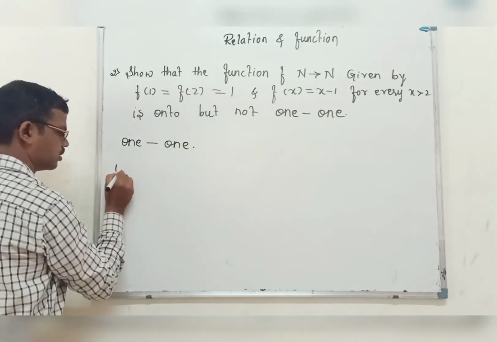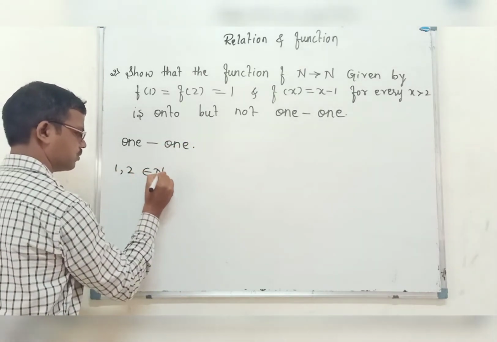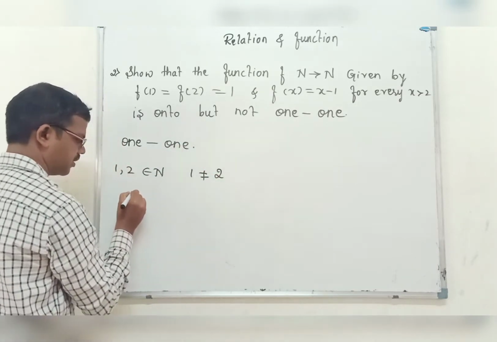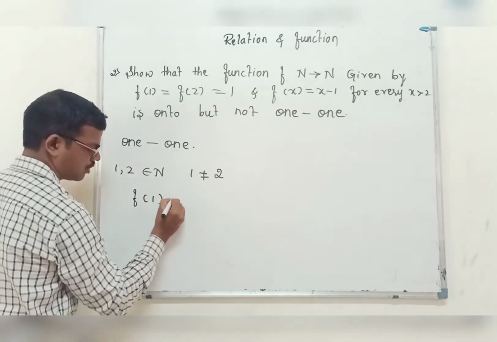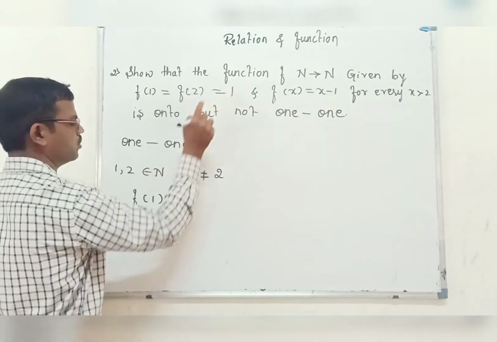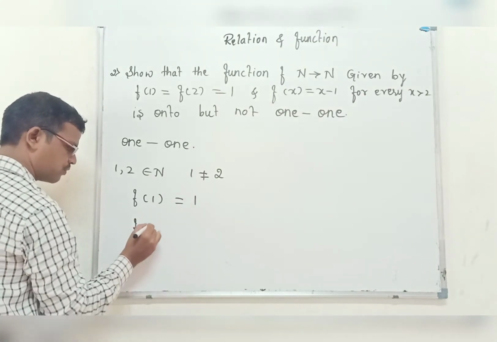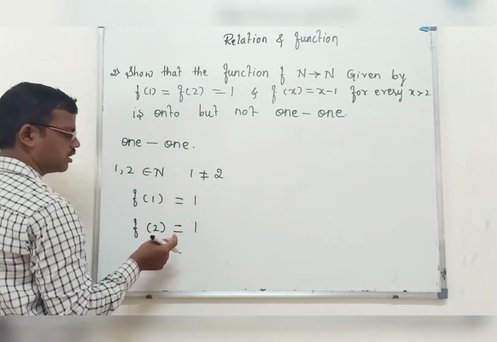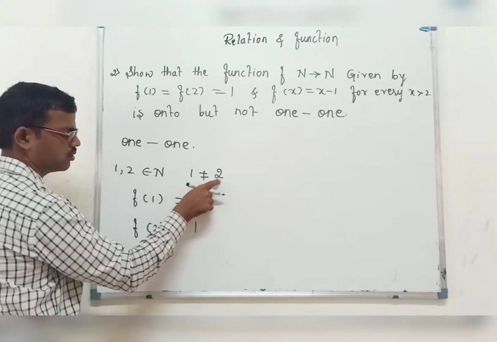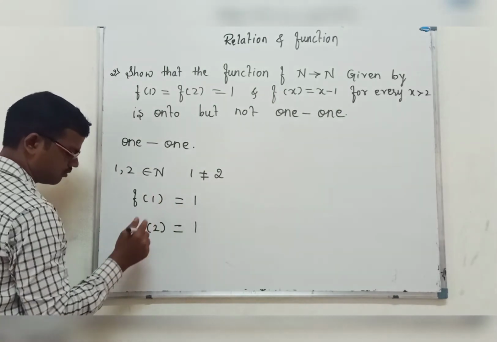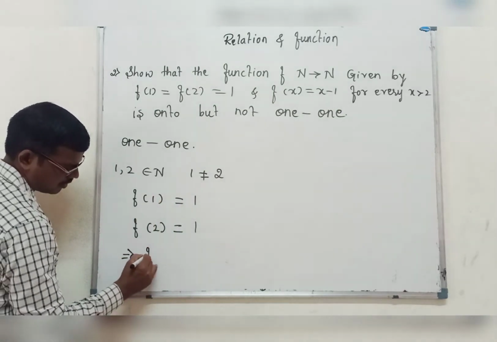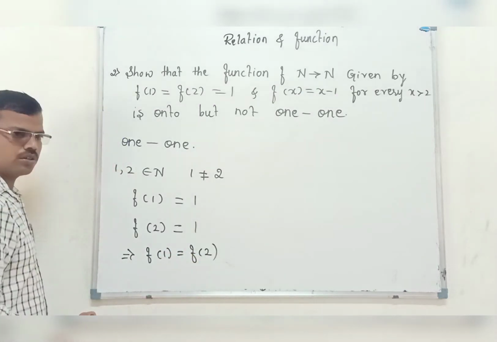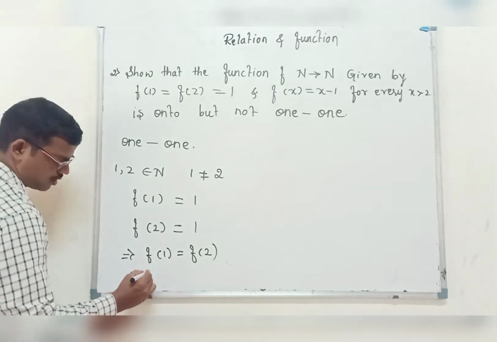So let me take 1, 2 belonging to the domain of f. They are different, 1 is different from 2. Then we find the image of f(1), which is given as 1, then f(2), which is again given as 1. So here we confirm that 1 is not equal to 2 but their images are equal. It implies that f(1) is equal to f(2), therefore f is